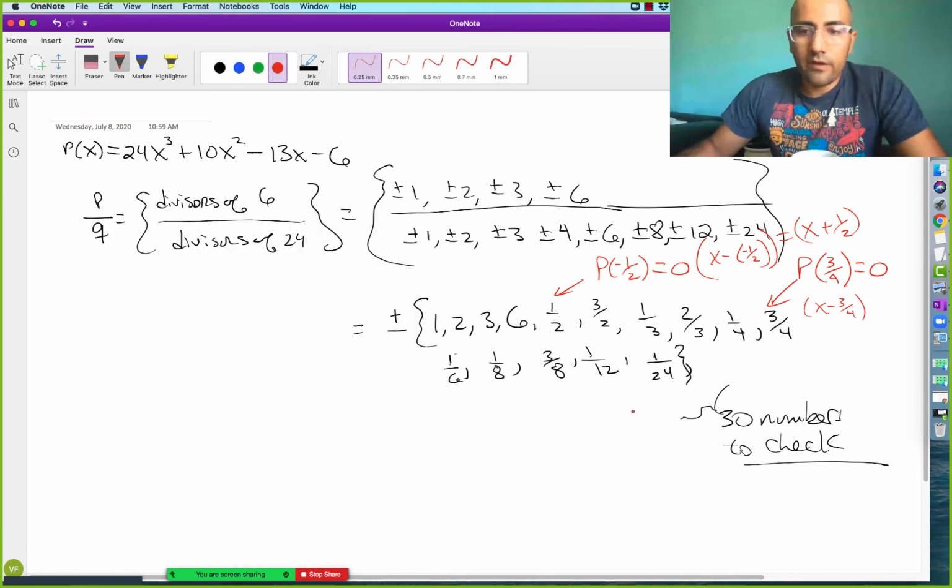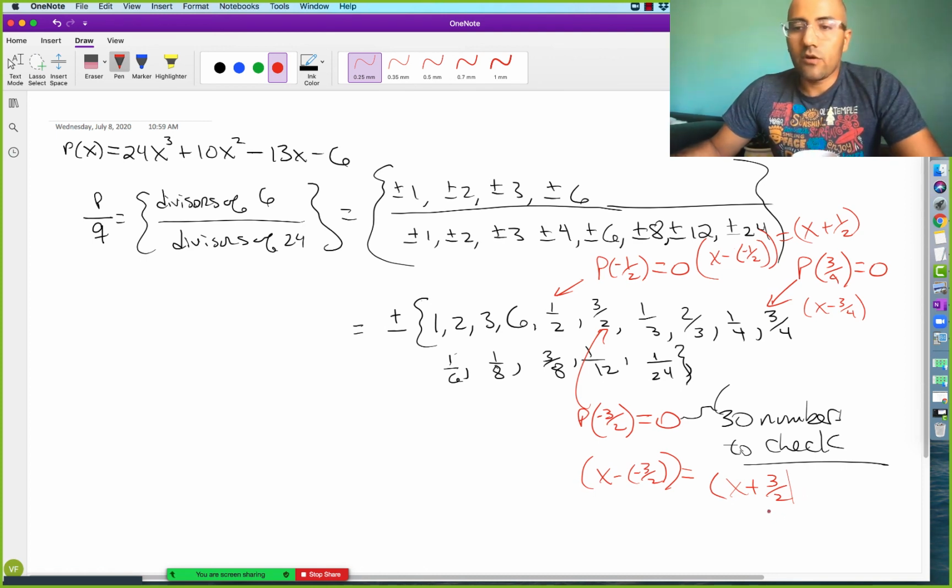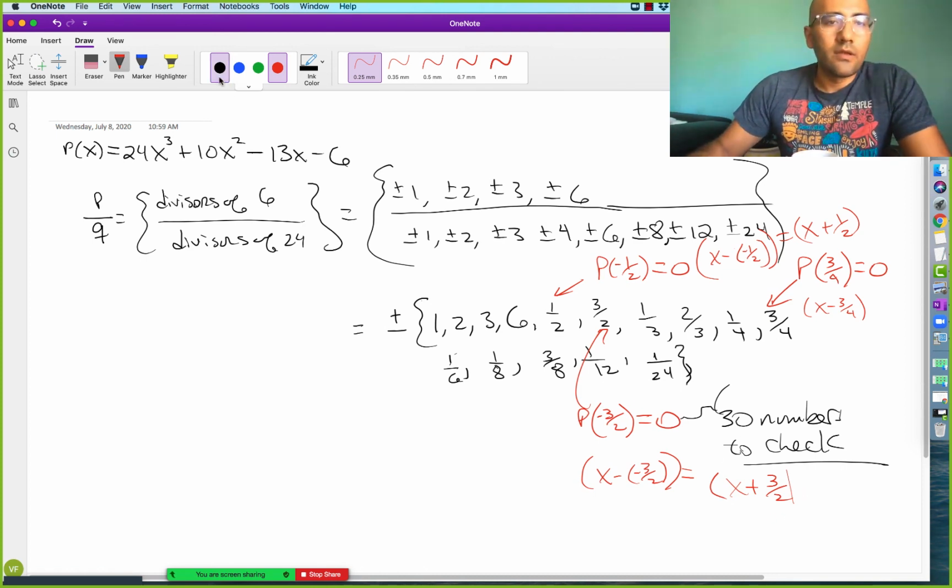Okay, going back over here. The polynomial valued at negative 3 divided by 2 is also equal to 0, which means that x minus negative 3/2, otherwise known as x plus 3 divided by 2, is a divisor of my polynomial. At this point, I can conclude that p of x equal to 24x to the third power plus